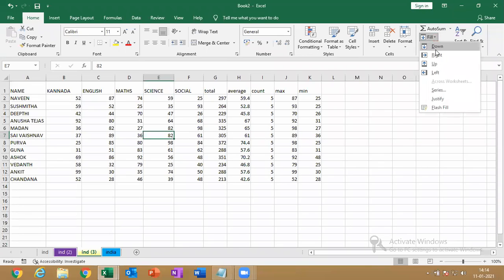Okay, then right. So the black color shadow you see. Right means the values on the left side, the 36, will come to the right. Up. So the gray at the bottom: the values in the bottom will come up. Left, right to left. We have the gray on the right side, the arrow mark you see. From the right side, the values will come to the left. Clear?